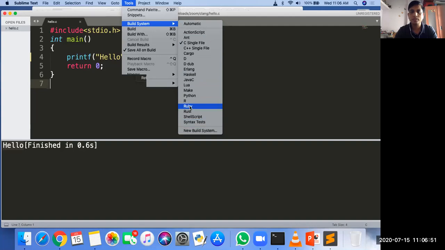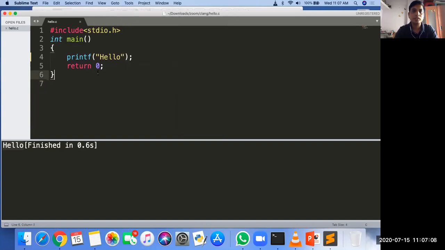Ruby, R, Python, most languages are supported. That's why most people in industry use this type of editor or IDE. Let me tell you its use, then afterwards we will see.